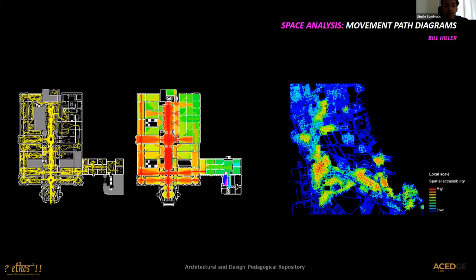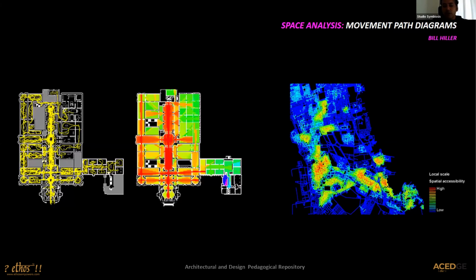And the occupation happens on the ground floor and the floor plans. So what the diagrams show is, the first diagram shows the movement of humans or the occupants in the space. And then the middle one shows the heat mapping in terms of the maximum usage of the areas and minimum usage of the areas. Why is it useful? Because by doing trajectory movement analysis, you can take out the most redundant space of any design and create a very robust and efficient design. So this is why movement analysis is very critical.